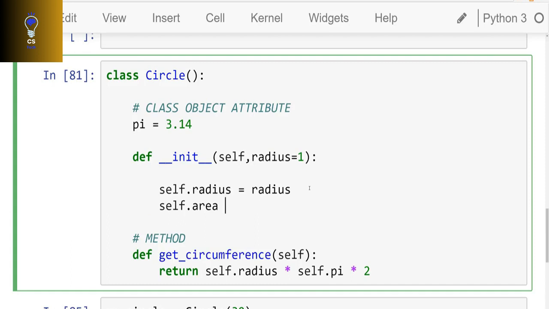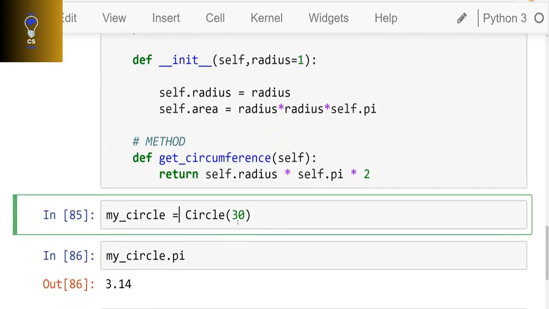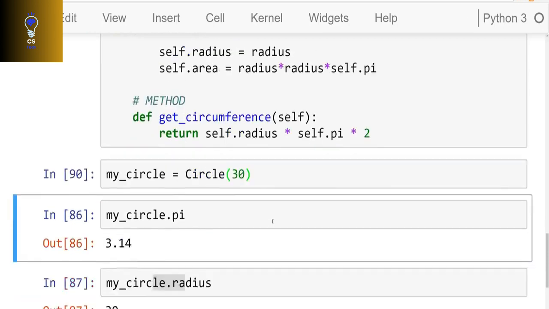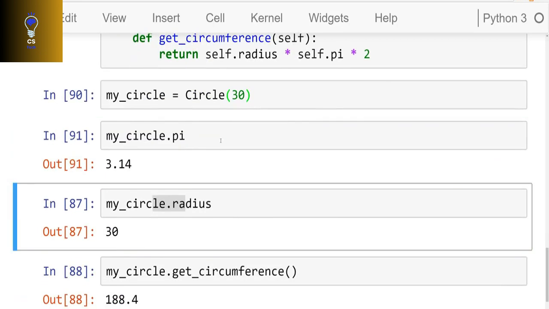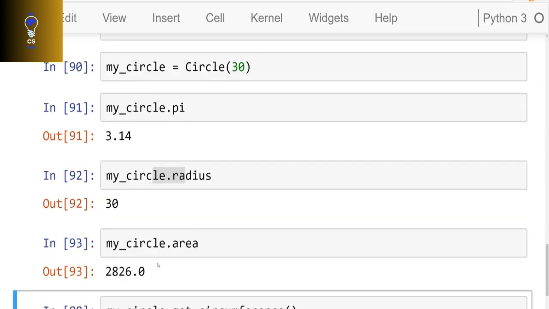So a circle can have an area attribute, and I can say self.area is equal to the radius that's passed in times the radius that's passed in times pi. So pi r squared is the area of a circle. So I can say self.pi. And now I will have an area when I define the circle. So I can say Circle(30), my_circle.pi radius, and if I call my_circle here and ask for the area back,